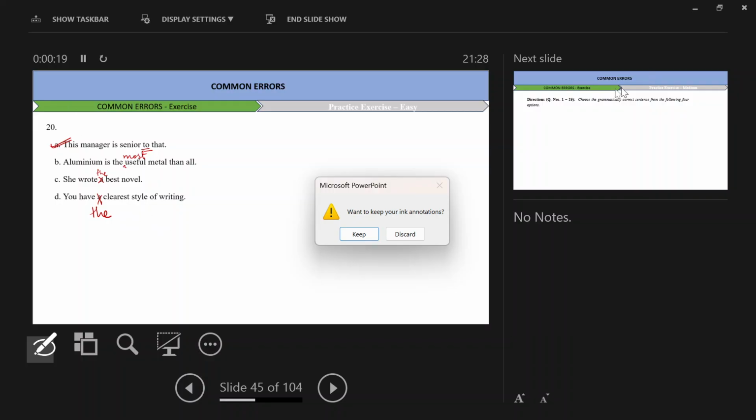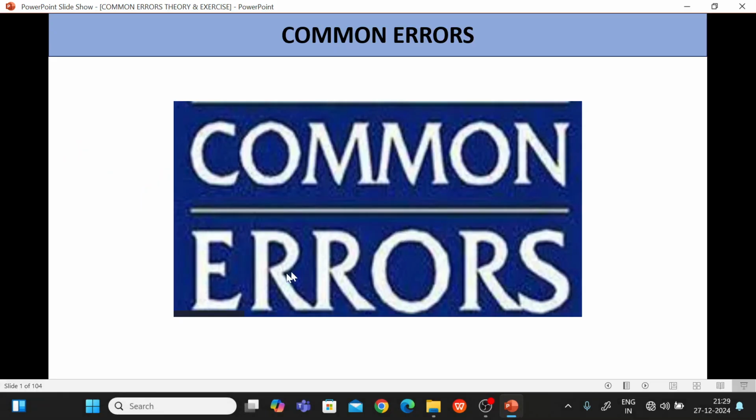So these were some of the questions which we discussed today. I think something went wrong here. Let me just put it back to where it was. So we were discussing common errors. I think that was all for today's session. In this session, we have discussed